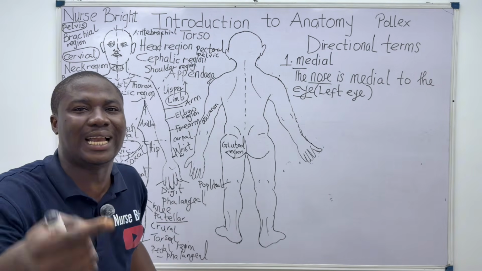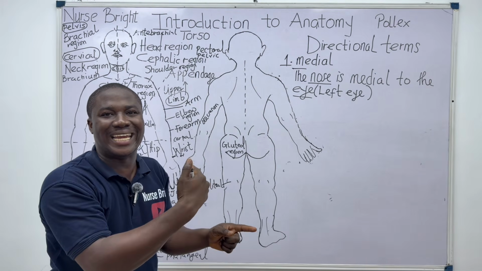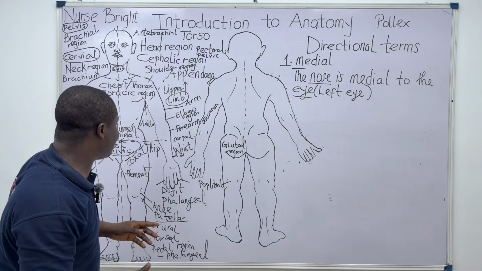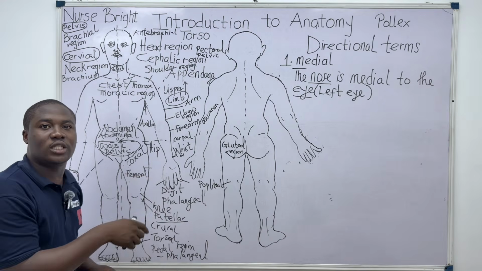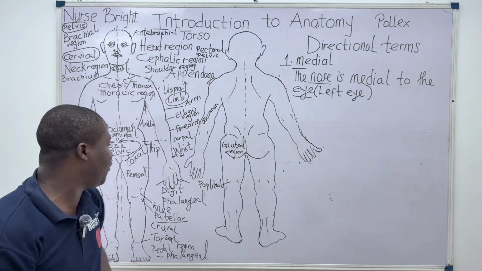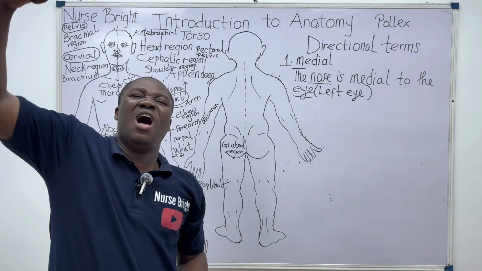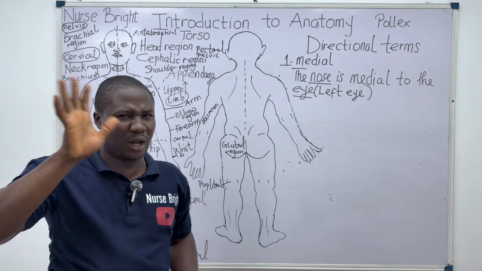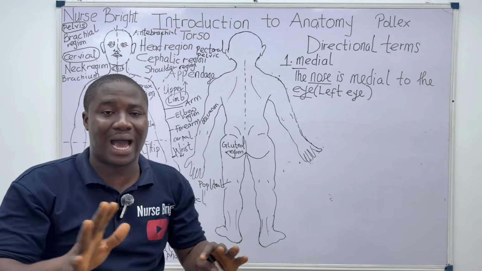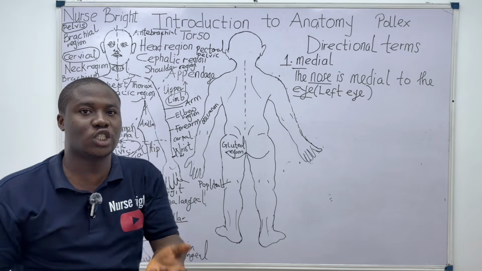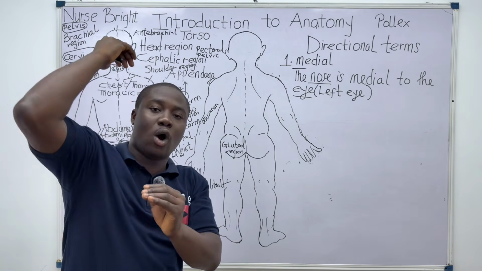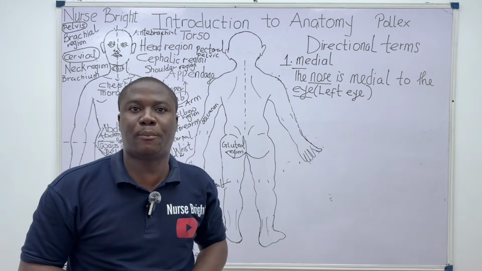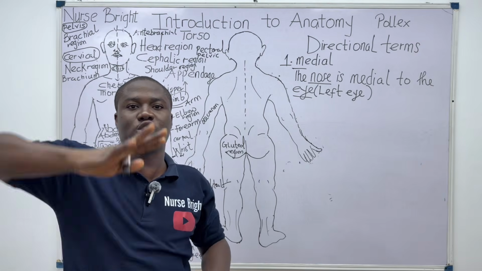Hence, which one is more medial? Which one is closer to the midline? Which one is closer to the median plane? Which one is closer to the center of this individual? It is the pinky, or the little finger, or the fifth finger. Hence, we simply say that the little finger is medial to the thumb of this individual. Hope it is making sense. All these things are not hard. I'm just using the external structures, the ones you can easily relate to. As we go deeper into this class lesson, we are going to pick organs to understand the different structures of the body properly.